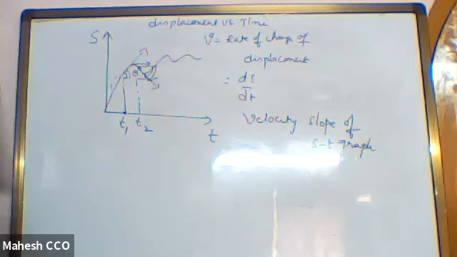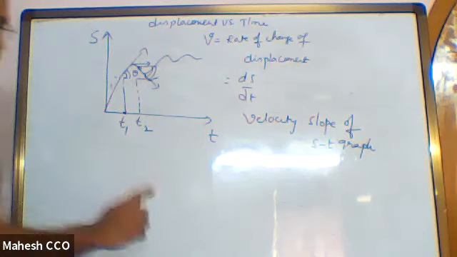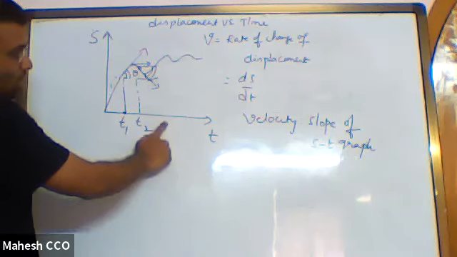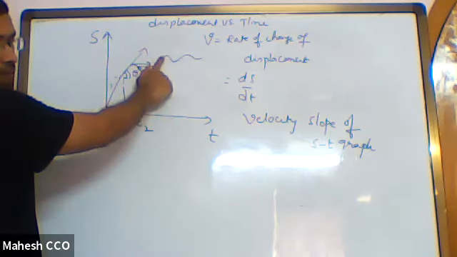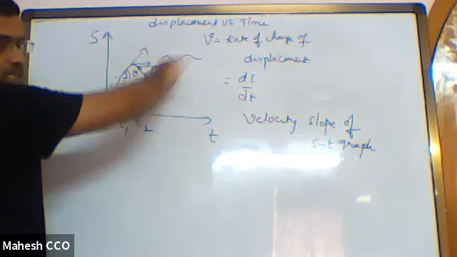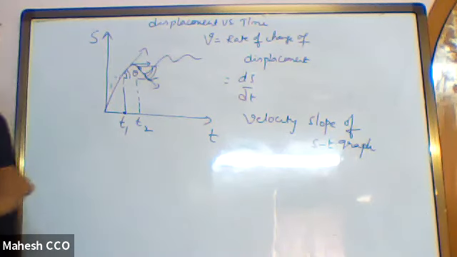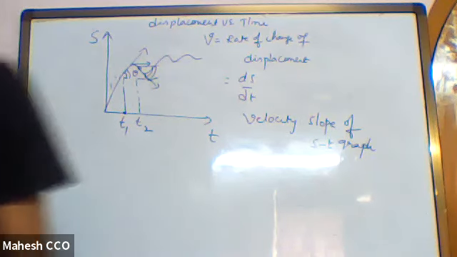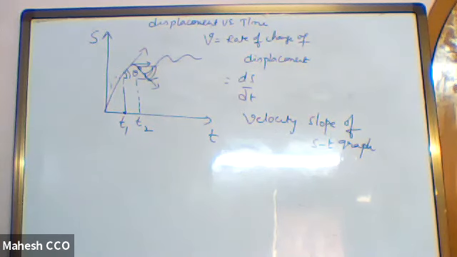So when you are given a displacement-time graph, at any time, if you are asked to find the velocity, first locate the time on the time axis and go up onto the graph at that time, draw a tangent to the graph at that particular location, then the slope of that tangent will give you the velocity at that particular time. Now, some students are not so strong about these kinds of things, so I have to dictate them. All of you please write now.